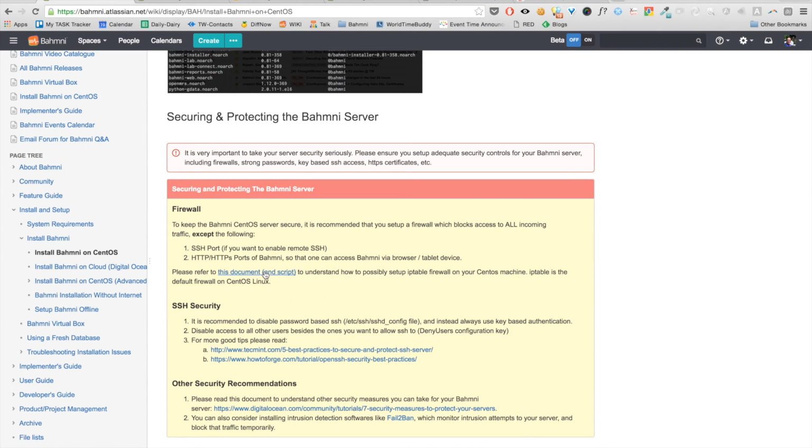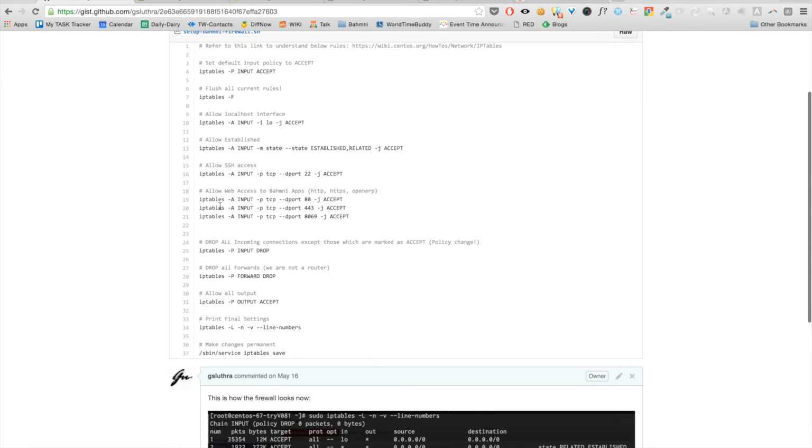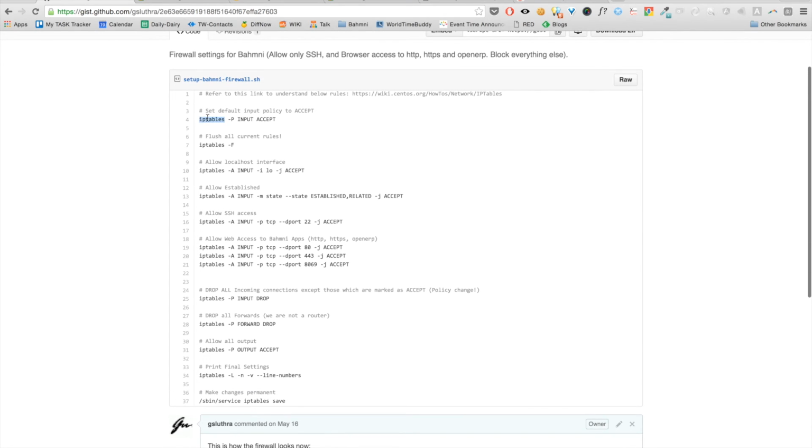So to do that, what you can do is you can refer to this document and this script. If you see the script, it basically tells you what to do. It uses the iptables of CentOS, and it clears all the rules, and after that it enables SSH access because you want to be able to remotely maybe SSH to this box. It opens port HTTP, HTTPS and ERP so that you can access it from outside.